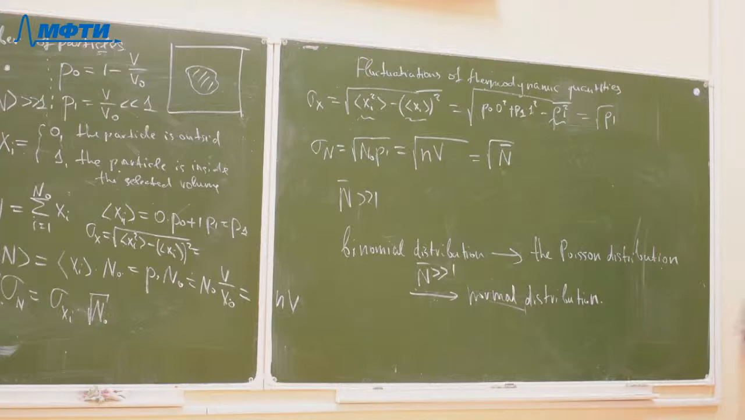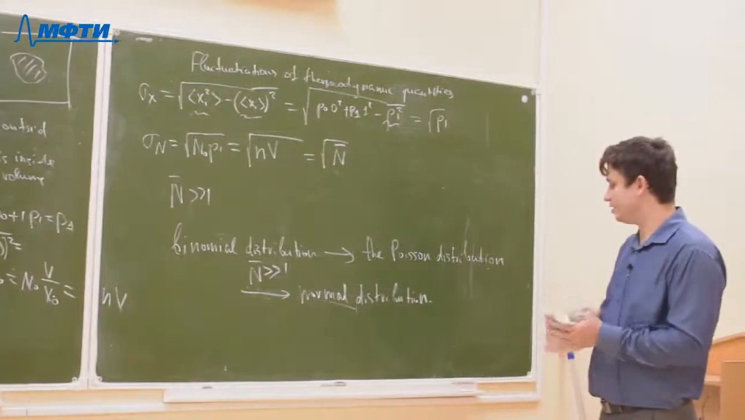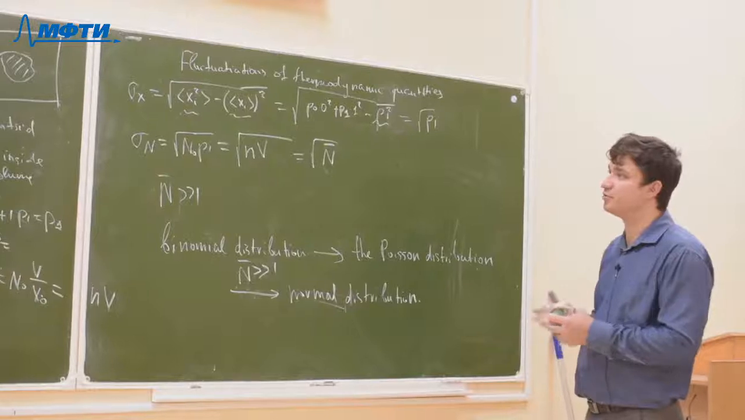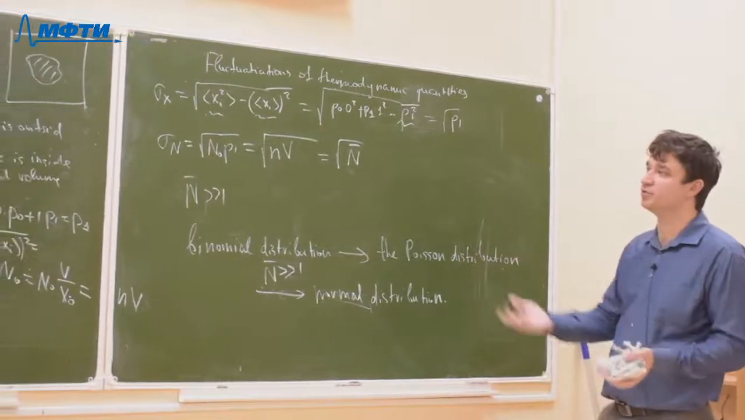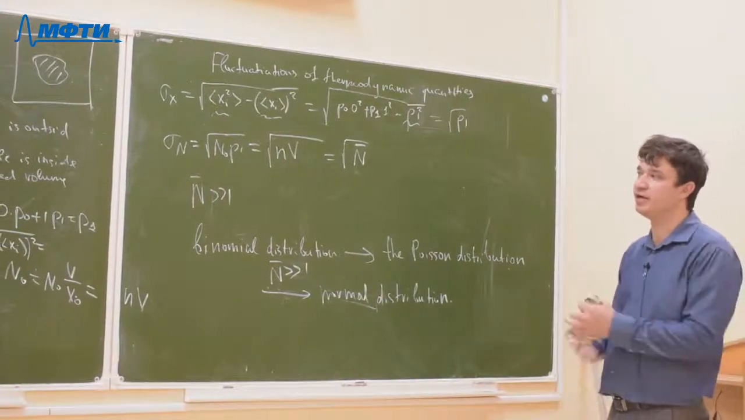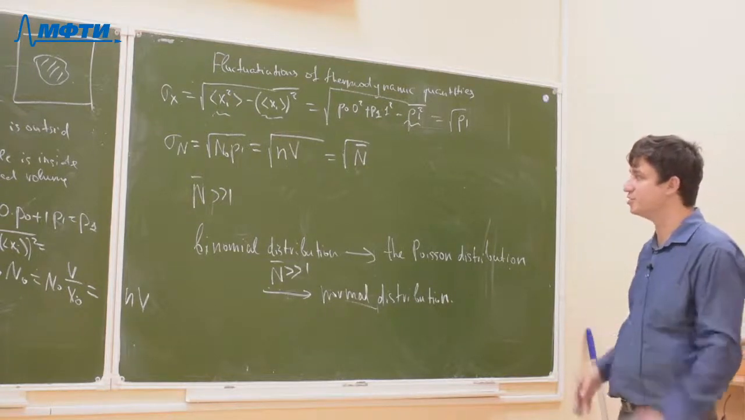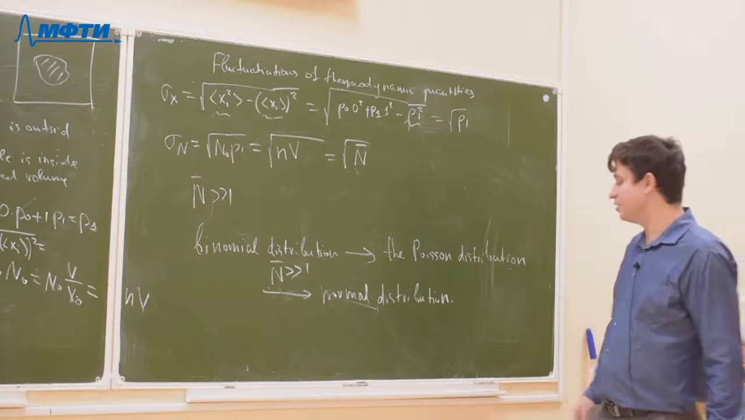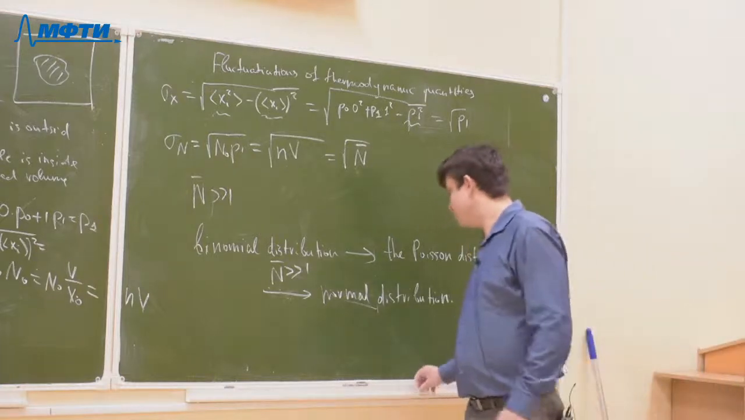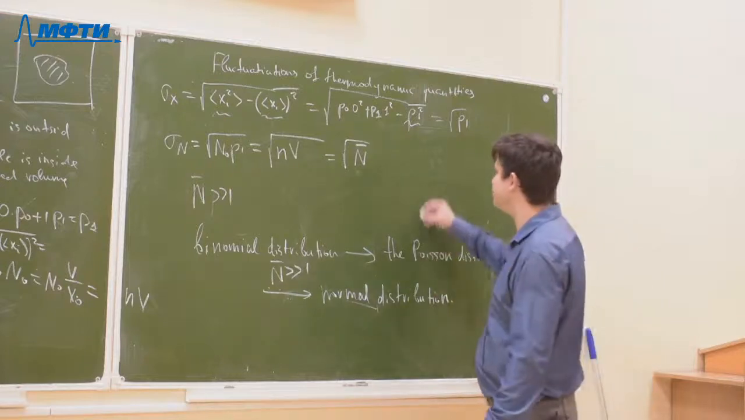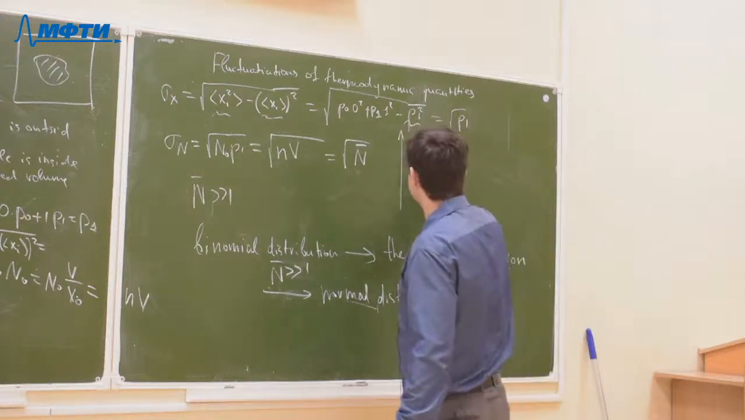But please keep in mind that the central limit theorem and its consequences are actually much more general than the Poisson distribution and can be applied to any kind of thermodynamic quantity, not only to the number of particles. The same is valid for volume, for pressure, for temperature, for an average energy, and for any kind of thermodynamic quantity. We have